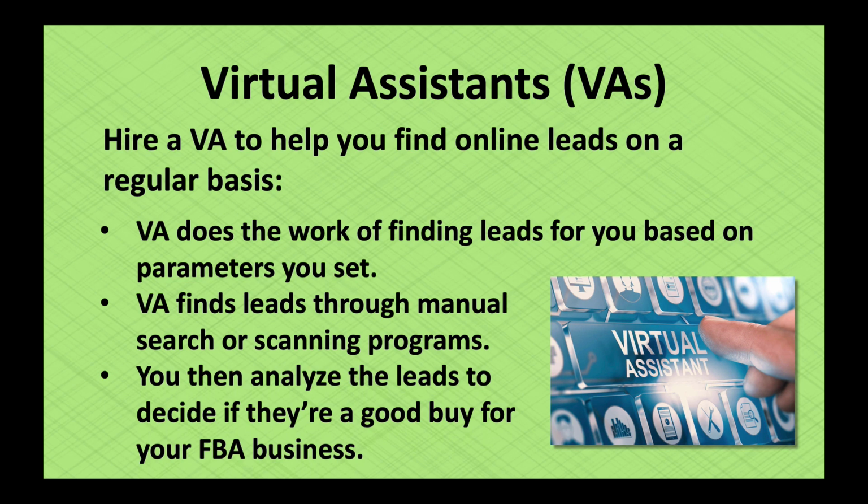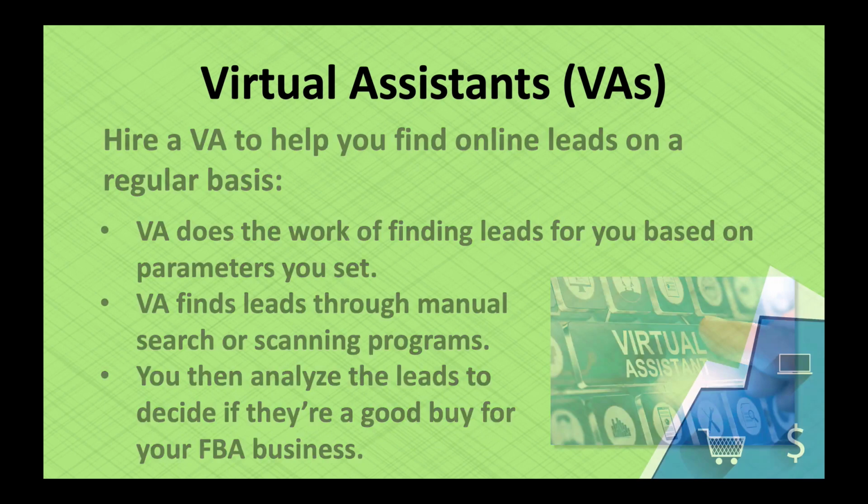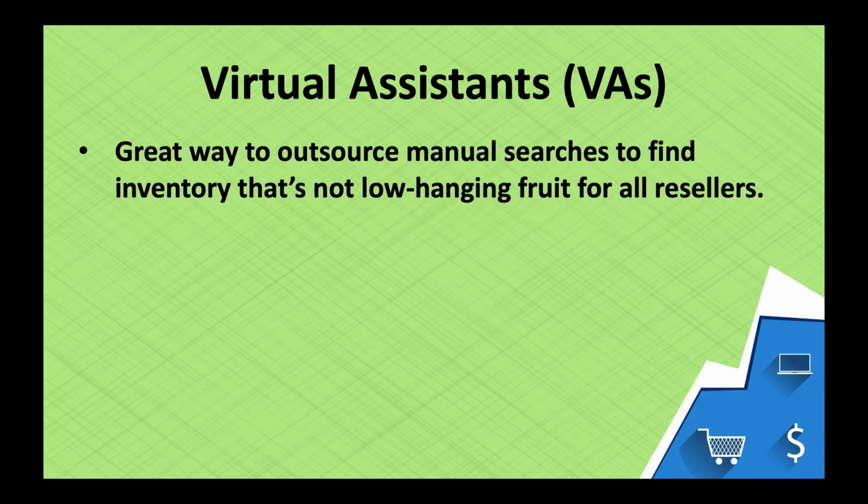Then you would do the work of analyzing the data points that they've collected for you and deciding, does this fit my ROI parameters? Is this going to sell quickly enough? Does it have a good sales rank? All of those things. So using a virtual assistant is a great way to outsource those manual searches to find